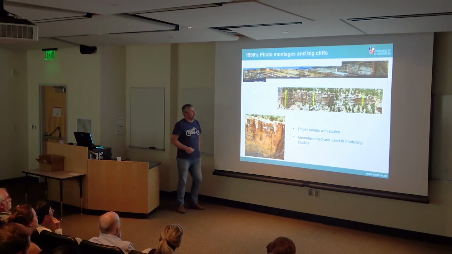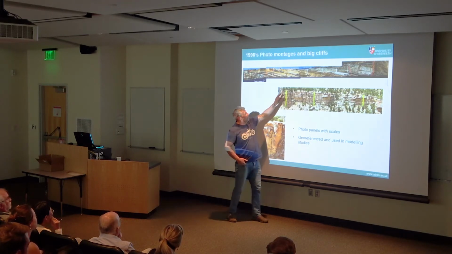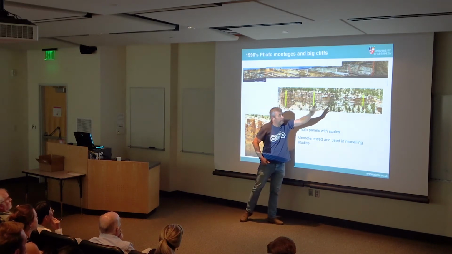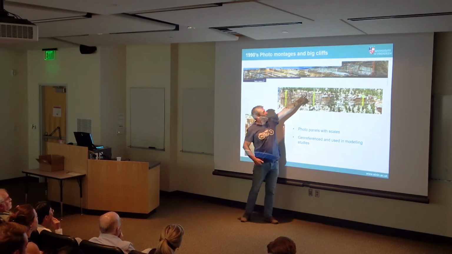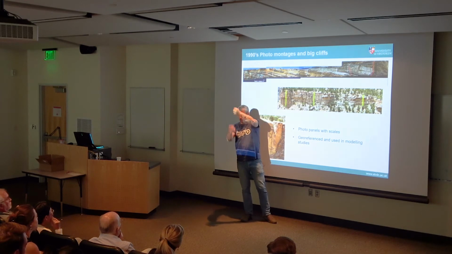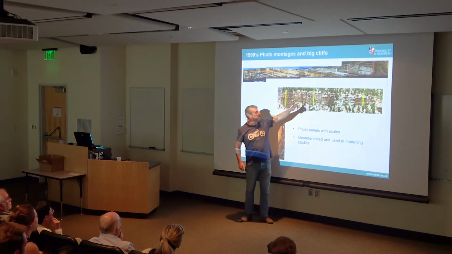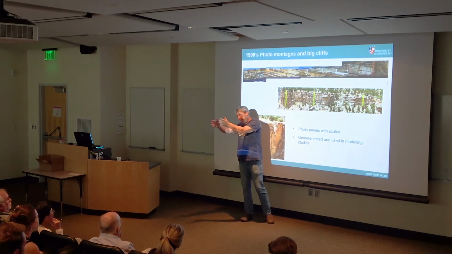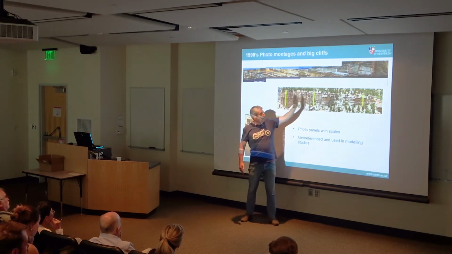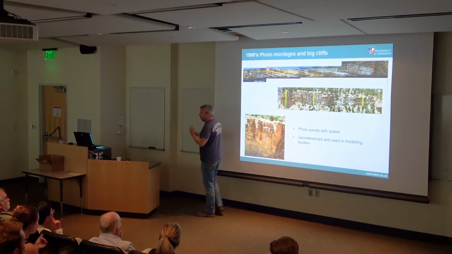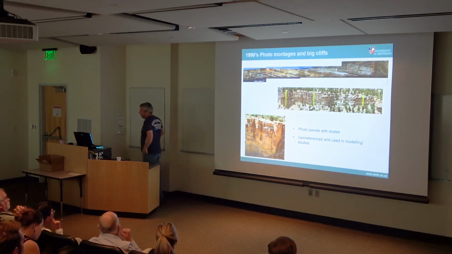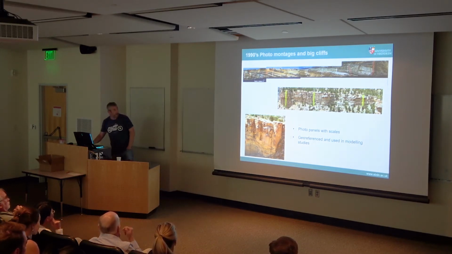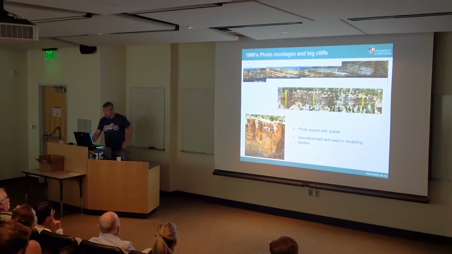So we spent some time in the early 2000s literally taking photo panels. In this photo panel you won't be able to see it, but each place that there is a pseudo log, there is a person stood with a ball on a tape measure, and they GPS located that position. Then we would take one photo, the person would move, and we'd take another photo. So you'd end up with scaled photo panels that enabled you to measure things a bit more accurately. We did that all over, that's the Panther Tongue. We collected lots of data like that.